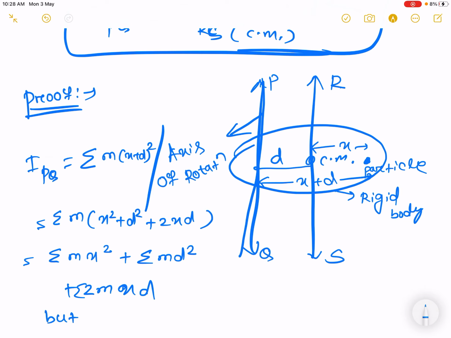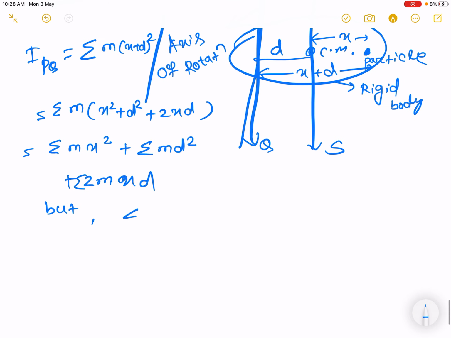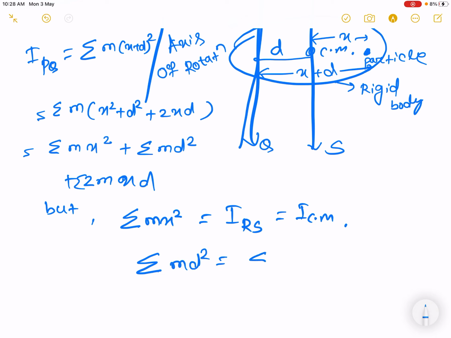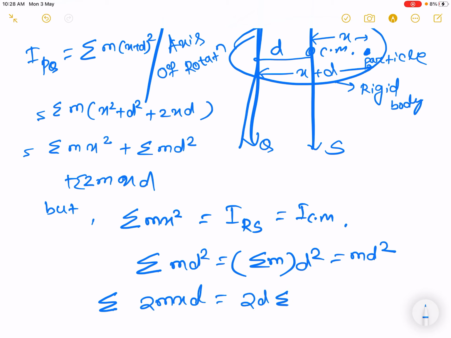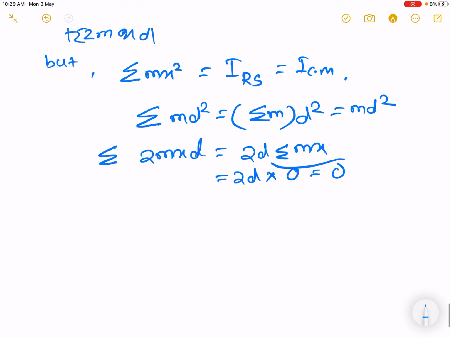But sum over mx squared equals how much? Sum over md squared equals sum over m into d squared, equals Md squared. Sum over 2mxd equals 2d sum over mx, equals 2d into 0, equals 0. All of you remember,